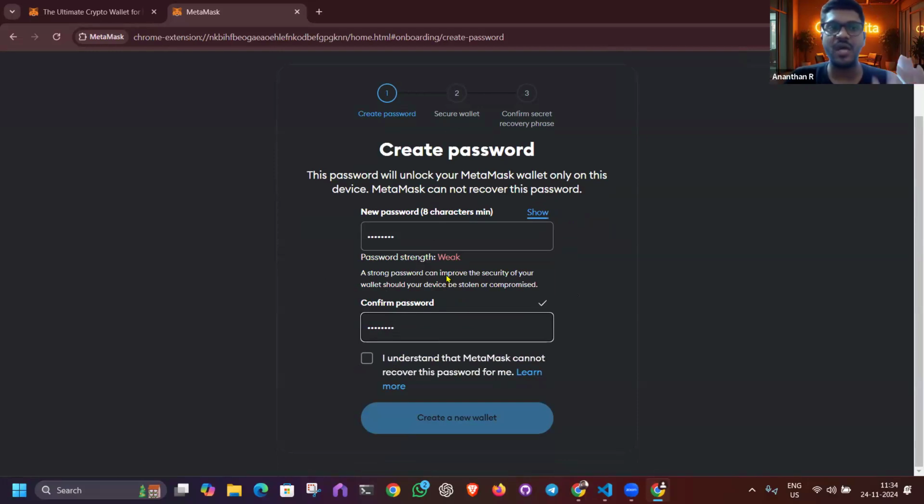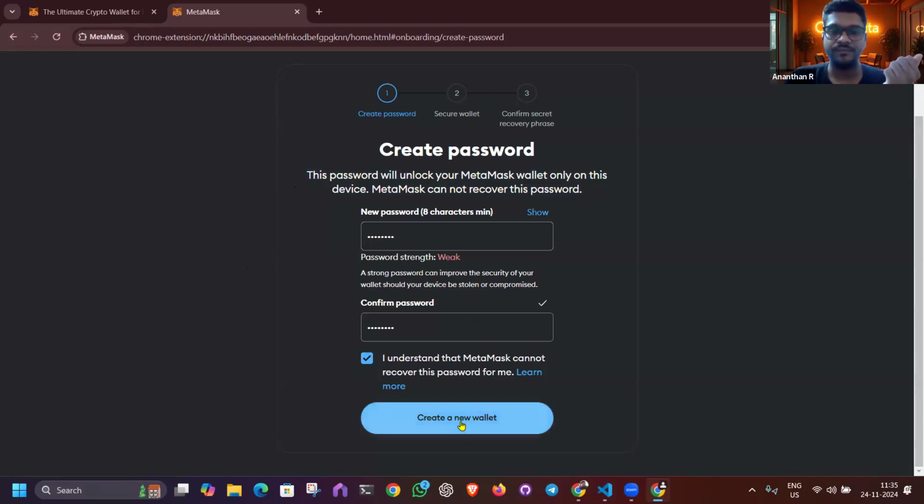Okay, when you install MetaMask and you create an identity for yourself, the data regarding the identity will be only on your computer. No one else will be able to access that. So just make sure that you remember this password, or you have to remember the second password that we are going to talk about. Okay,